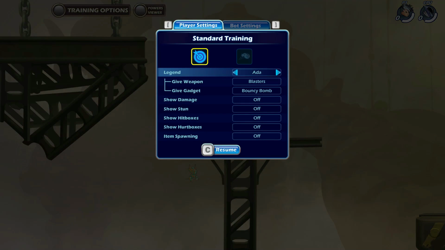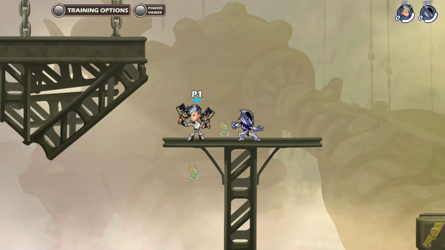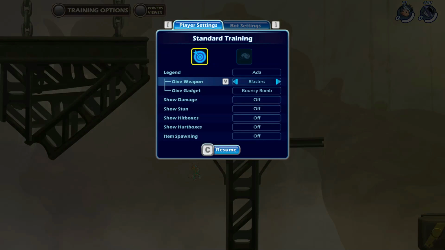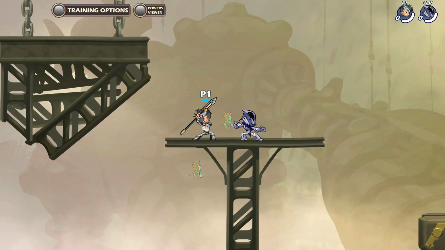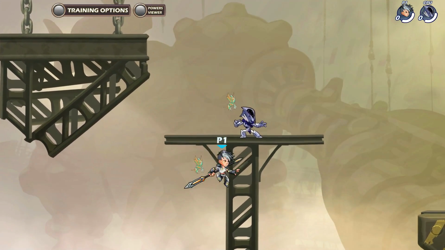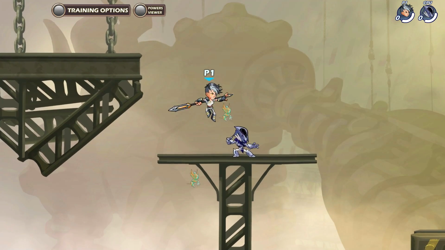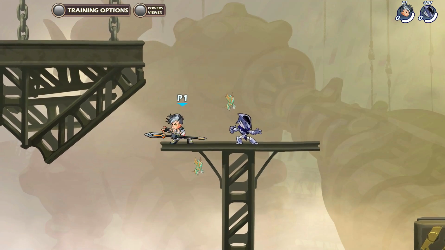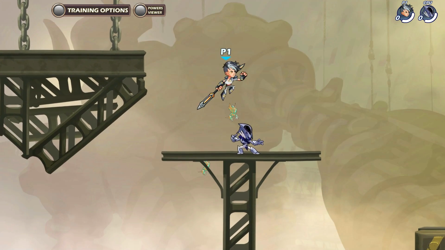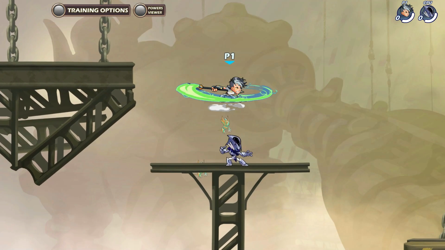So I played a lot of blasters. We're gonna pick spear. Actually, I played some spear. I did not click spear. Click the spear. There we go. So we got some spear, and usually what I like to do is show off SIGs and stuff because they're a little different. So we're gonna see what kind of SIGs we have, and we're gonna stop in the middle of like a SIG. Like this looks pretty cool,